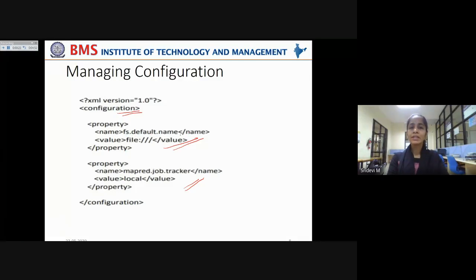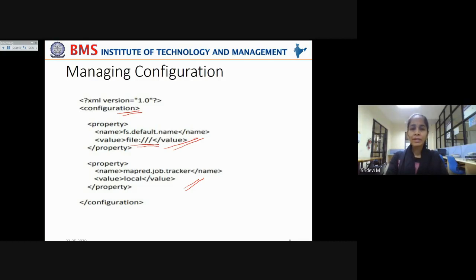Here we are mentioning the default file system that has to be used by this configuration file in order to execute the MapReduce task. The default file system name can be mentioned in this value tag so that that file system can be taken in order to run the MapReduce jobs.